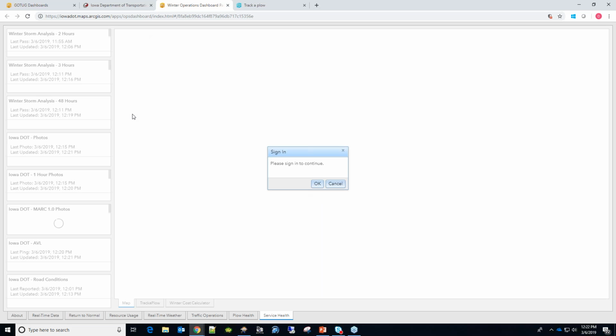And this one basically, I'll just ignore the sign in, shows the last pass compared to the last updated date. So these should all be relatively 12/22 right now. It looks like all these are well within the time frame, with the exception of the 2 hours, which is about 15 to 20 minutes behind now. So that might be having issues. This one was thrown together so that we could easily and quickly see the status of our services, whether they're up and running or having issues when we have winter weather.